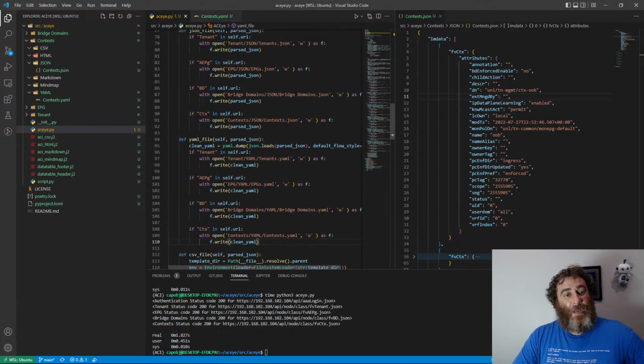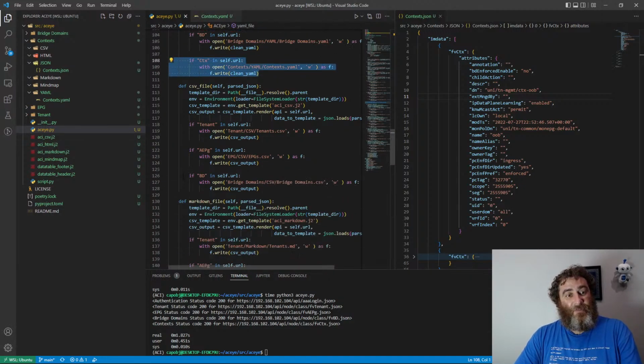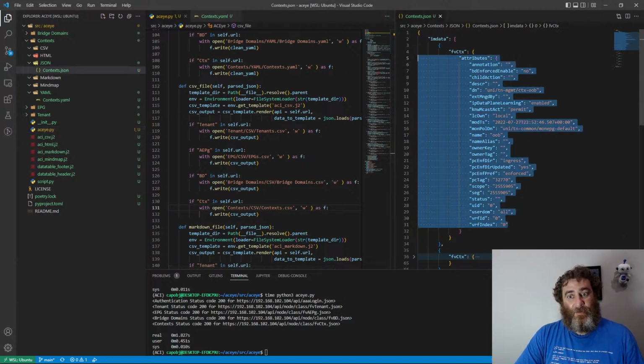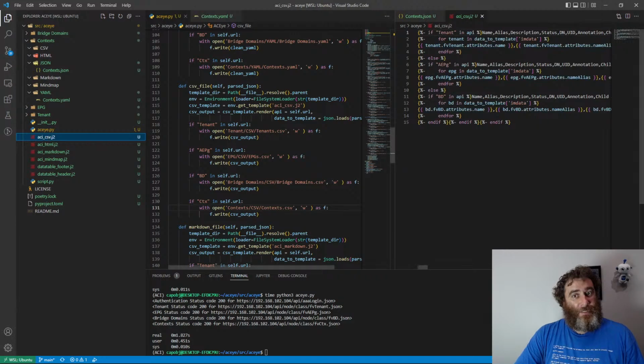Any questions? So now we're going to do the Jinja 2 templating. So we're going to make our base CSV file, and this is when most of the work happens. Everything else is actually pretty easy to do. Well, it is pretty easy to do too. It's a little bit time consuming because I have to template this data. So what we're going to do is go into our CSV template,